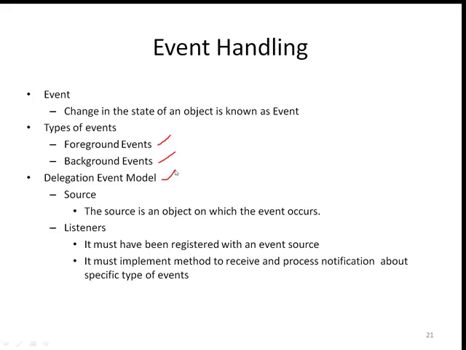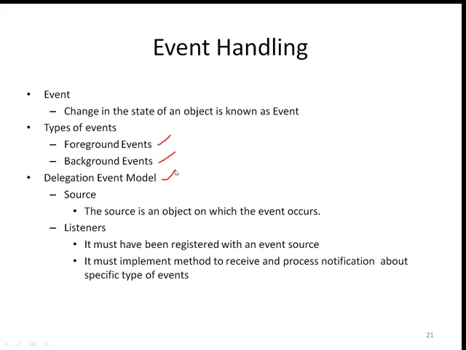For example, when you click on a submit button component, it generates an event object. That event object is called an action event. Then that action event is sent to the action listener. Then the action listener will respond to that event by displaying a text like "thank you for submission" or "your application submitted successfully", etc. Here listeners are interfaces, and different types of listeners are used according to the event.